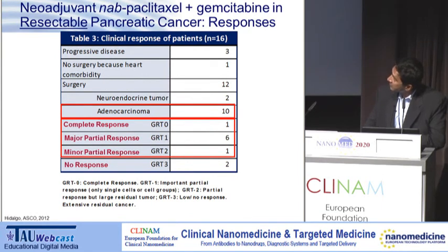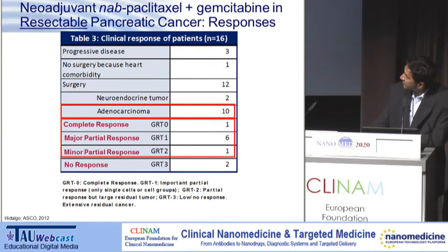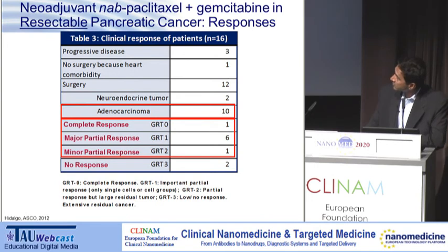3 of them had progressive disease, so they did not respond to therapy. And one did not go to surgery because he had some heart comorbidity. 12 of them went to surgery. Of the 12, you had 10 patients that had adenocarcinoma, and 2 of them were actually neuroendocrine tumors of the pancreas. So the 10 that were treated with the combination of nab-paclitaxel and gemcitabine, out of them, 1 had a